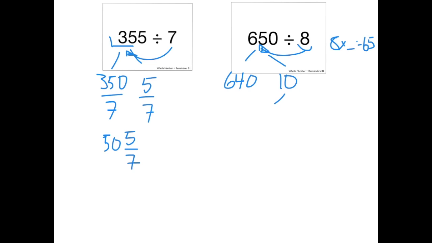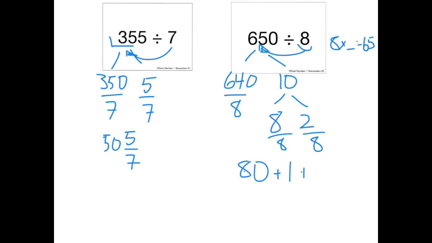So what I'm going to do is break up this number again as 8 and 2. And then I can divide each part by 8. So 640 divided by 8 is 80. 8 divided by 8 is 1, and 2 divided by 8 can be represented by the fraction 2/8. So now if I find the sum of these parts, I get 81